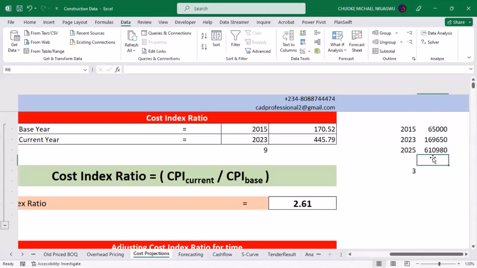That means that if you follow alongside the trend of inflation that has happened over time, this thing will be costing you as much as this amount, all right? It will be costing you as much as this amount over this period. Alternatively, if I want to base my projection for 2025 on the base cost of 2015,